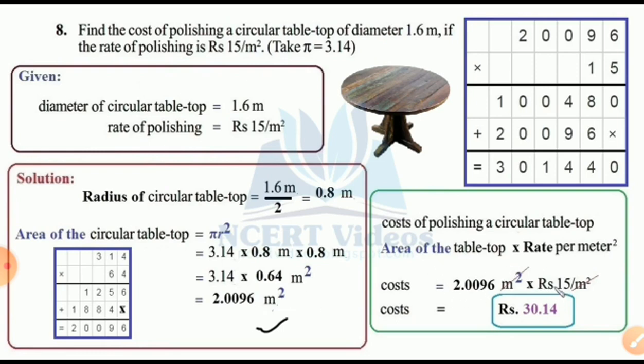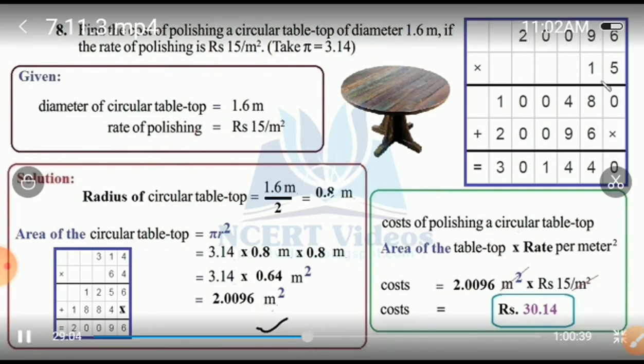So the answer will come here as 30.144, because you know very well that if 1 meter square is 15 rupees, then for 2 meter square how much will the answer be? Will 3 lakhs come? No, never. So here you should use common sense, and if you forget to put the decimal point, just use common sense. Okay beta? Okay, nice, very good.